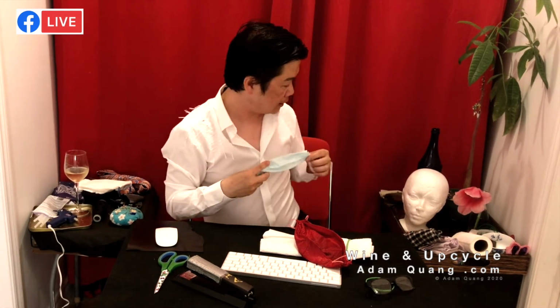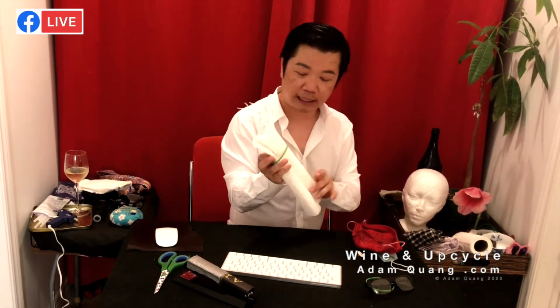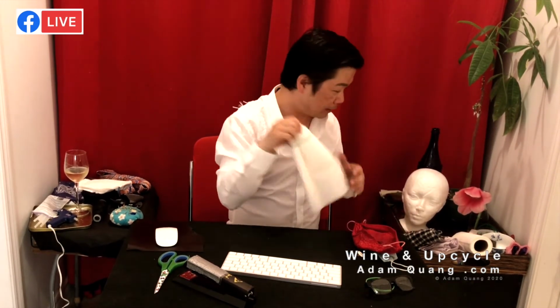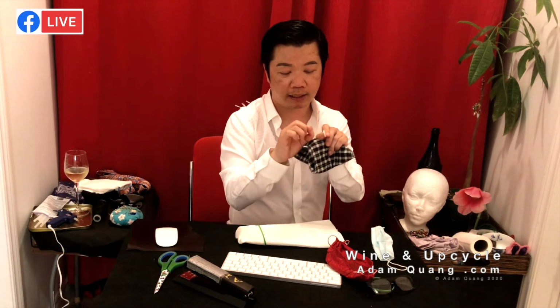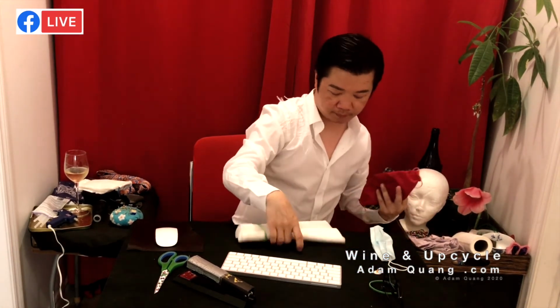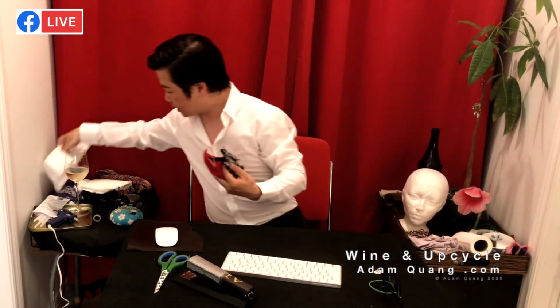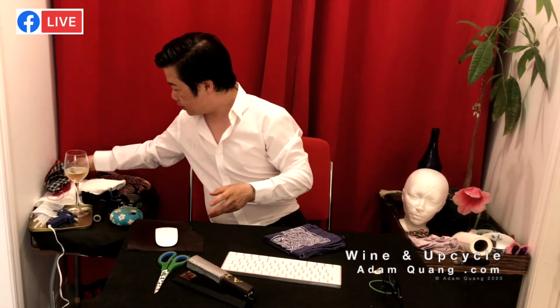Now the next one. We covered how to make the mask with paper towel, and then we used the buttons and the hair elastic to tie your hair, so you put it on the glasses to wear. So let's put these aside. The next one we're going to use is...